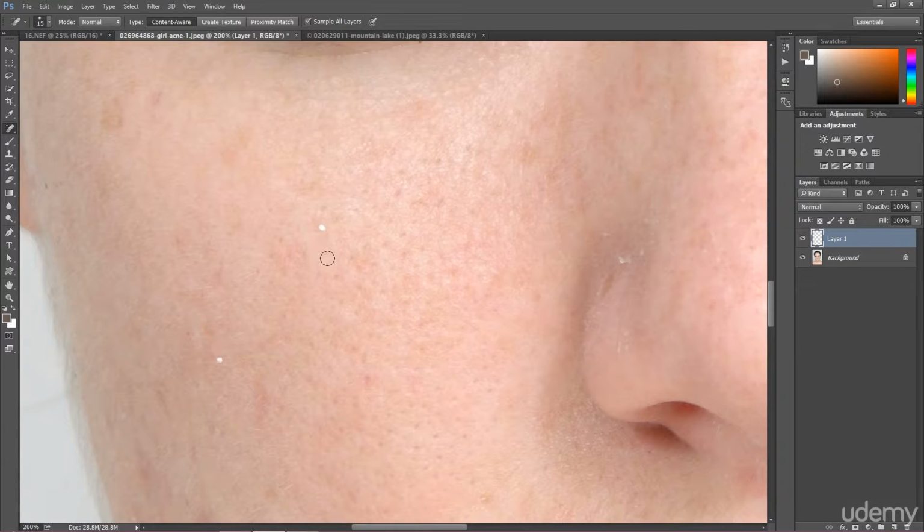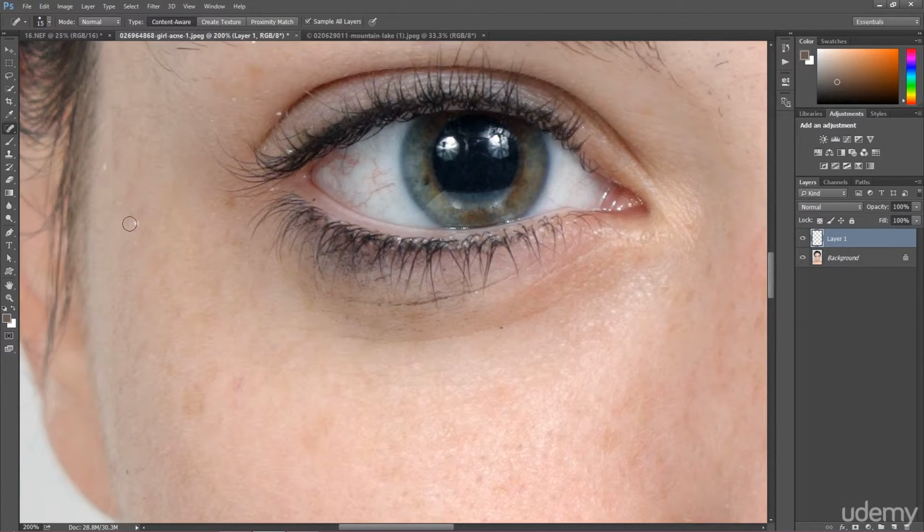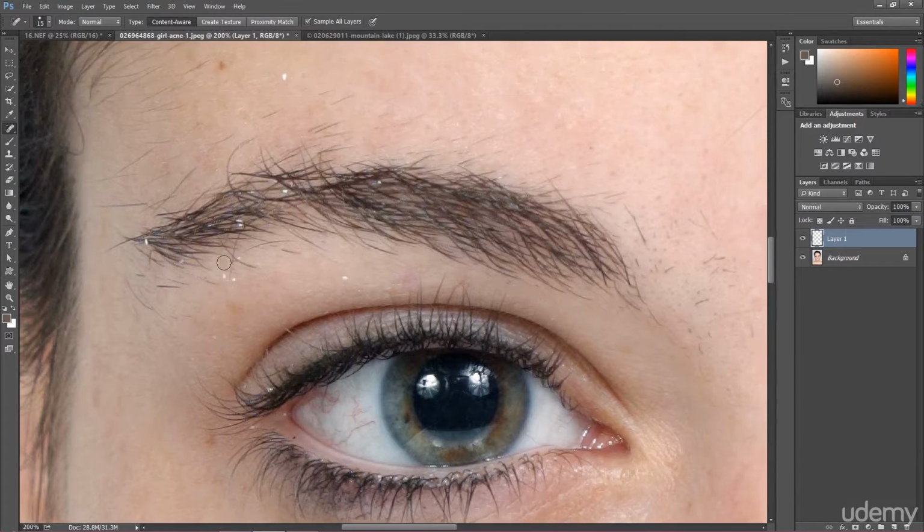I'm going to start with this, and a really great thing about the spot healing brush tool is that it is going to adjust the color by default. So you don't need to take any clone or any sample to fix the skin. Let's have a look. I'm just going to paint on it. You can click on it, or if you use a tablet, just paint on it. And as you can see, it fixes it easily, we could say, because we just paint on it and it's super quick, and it doesn't mean it's wrong, because